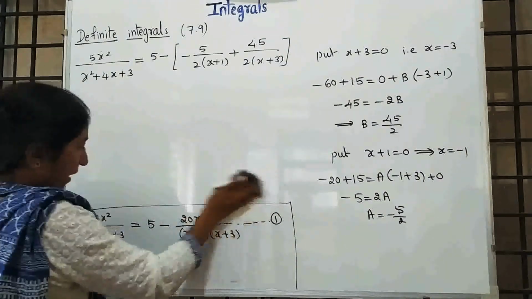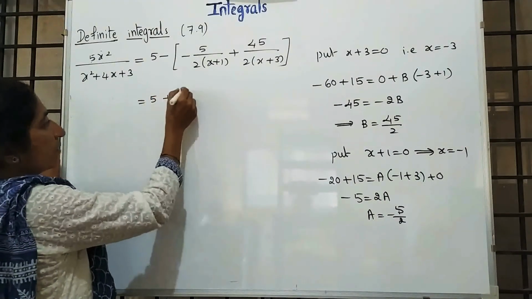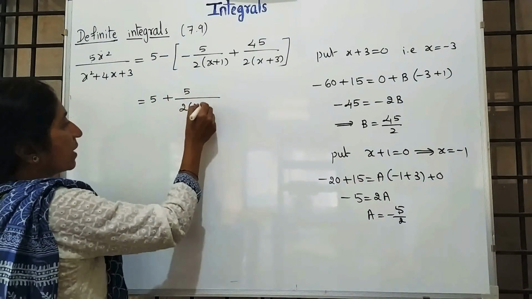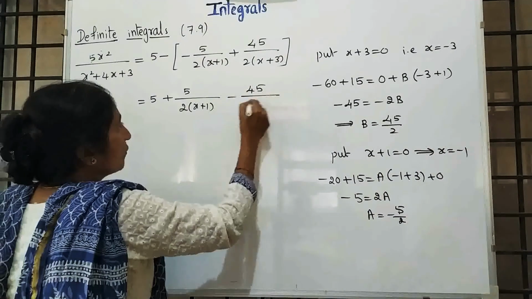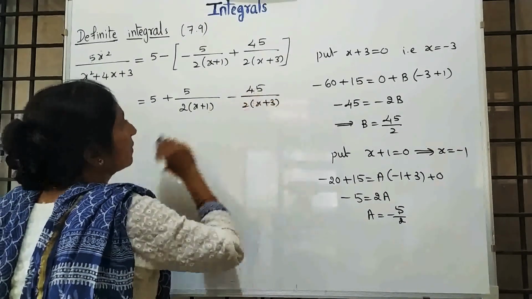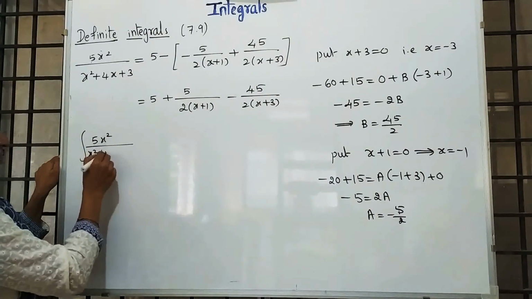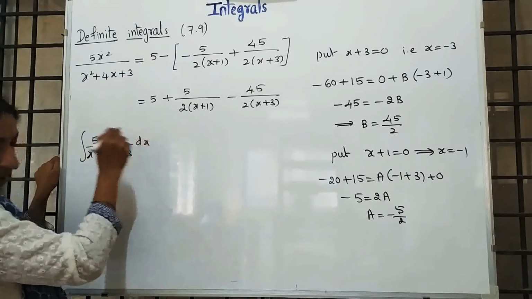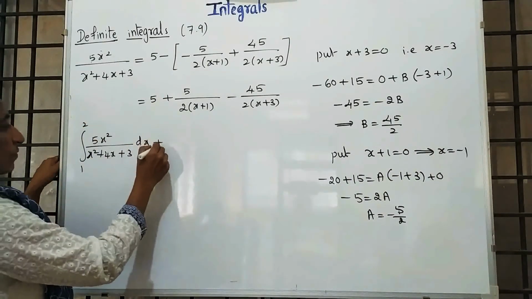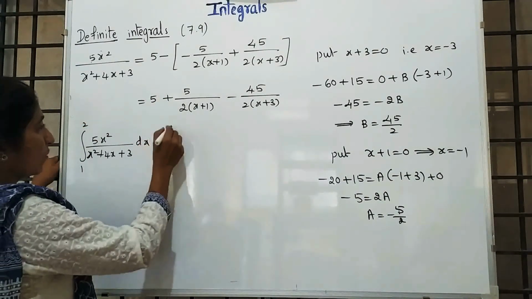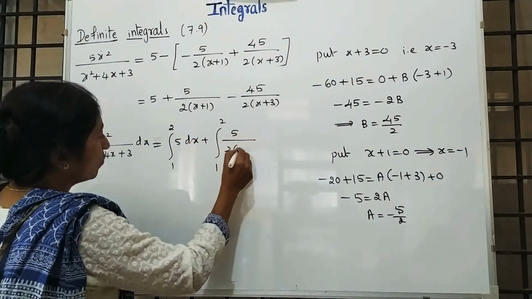Now remove the bracket. After removing the bracket, with limits, write down the integration: plus 5 upon 2(x + 1), minus into plus is minus, 45/2 into (x + 3). Now write down with integration with limits: the integral of 5x² over (x² + 4x + 3) dx, limits 1 to 2, is equal to the integral from 1 to 2 of 5 dx plus the integral from 1 to 2 of 5 upon 2(x + 1) dx,